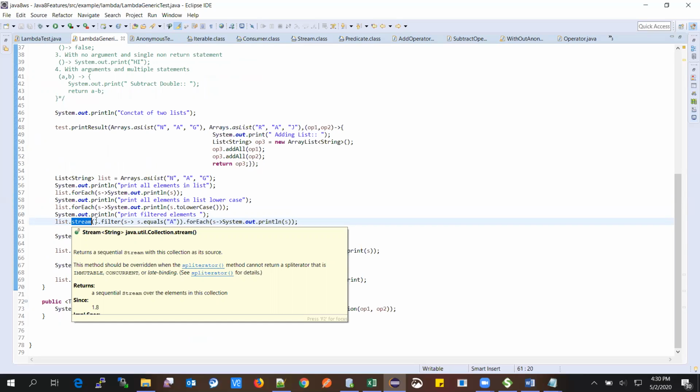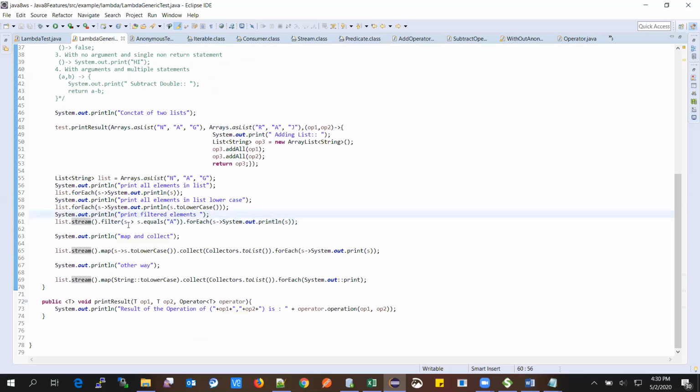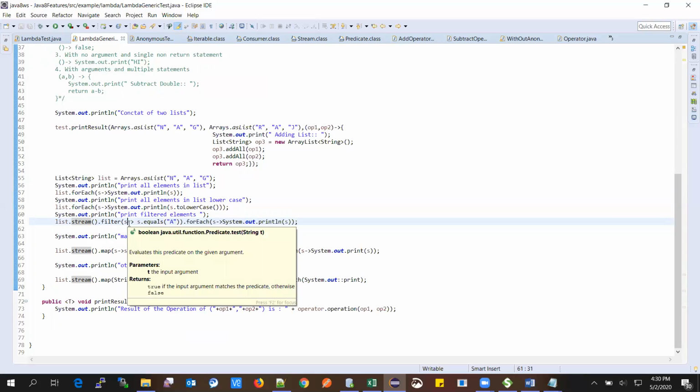We are simply giving this lambda expression. That means we created a class for the predicate interface and overrode the test method. The test method will accept one argument, that is s, and return true or false.